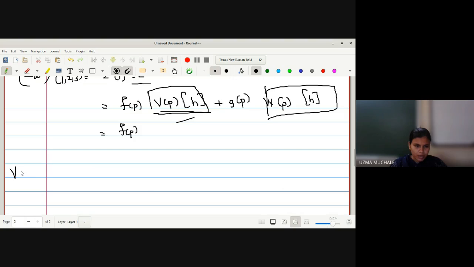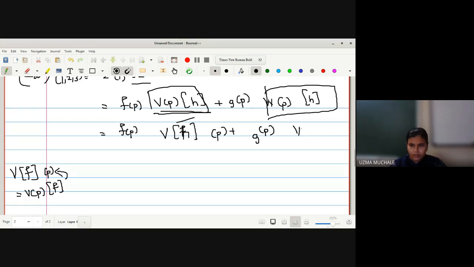Let me write down here once again. Directional derivative of function f in the vector field, evaluated by a pointwise application, is equal to Vp f. Correct? So I can go in a reverse way. What will be the value of this one? I can write it as the directional derivative of function h evaluated at a point P, plus g of P as it is, then the directional derivative of function h in the direction of vector field w.